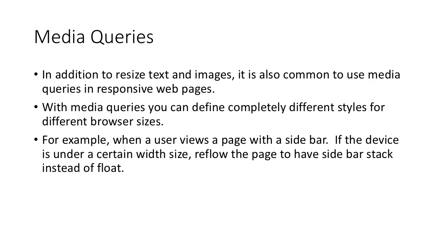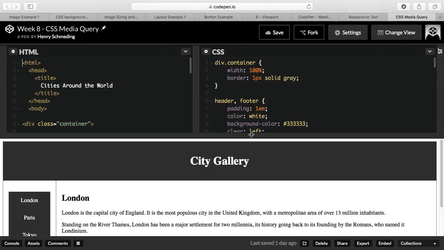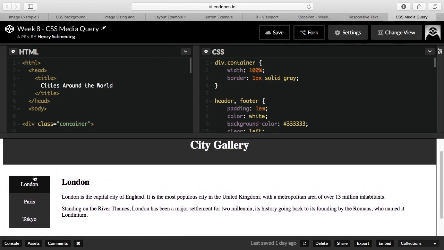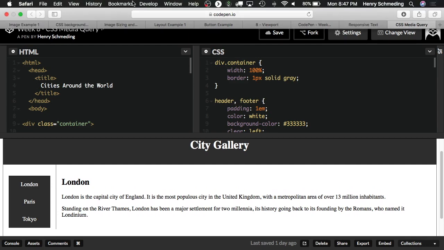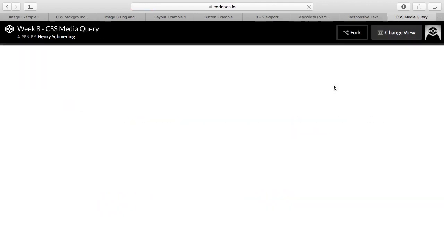So normally, in that scenario, you want to either get it out of there completely or move it to the top or something. Usually you try to have it stacked, so most of the time you have it move up to the top. So this is an example I have here of how that works. This is that same example we had earlier with the layout, right? And I changed it so that when you hover over, it has a little thing here. But then if you were to go and adjust the, so let me go into change view, full page,